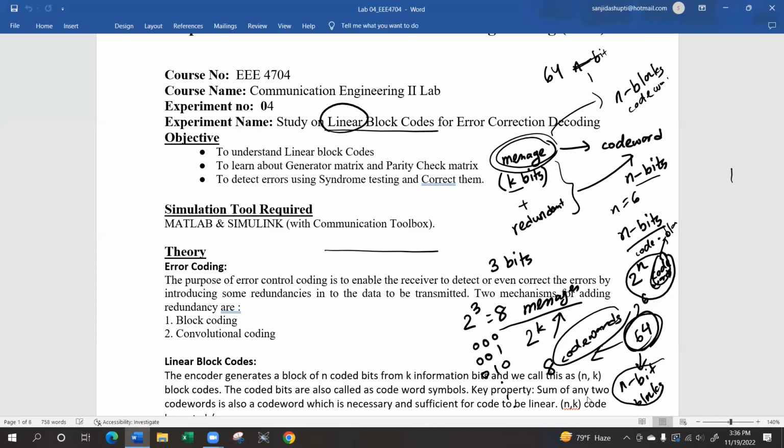So although you can have 64 blocks of n bits, or 6 bits for this case, among these 64 blocks, only 8 of them will be my code words, or only 8 of them can actually be mapped from my message bits. Okay,